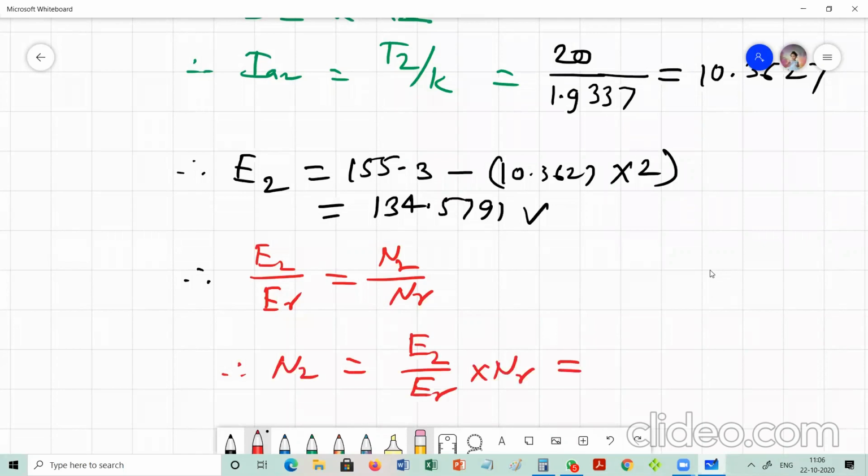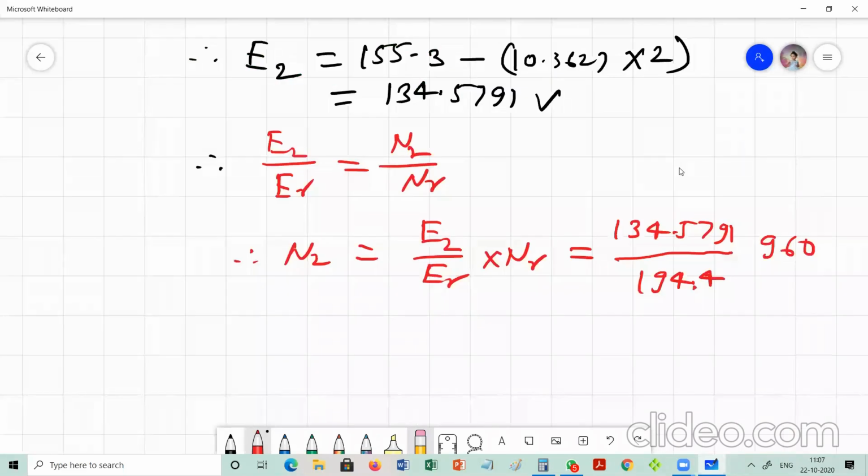E2 we have calculated equal to 134.5791, divided by ER, which I have already calculated was equal to 194.4, into NR, which is given equal to 960 RPM. By solving this you will get the value of speed equal to 664.5881 rpm, and when you multiply it by